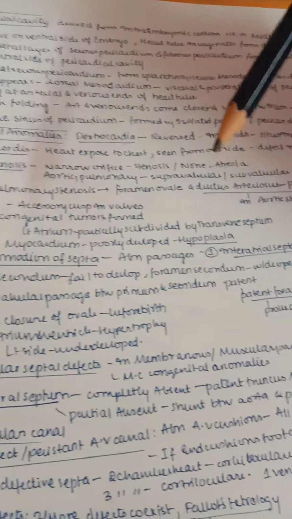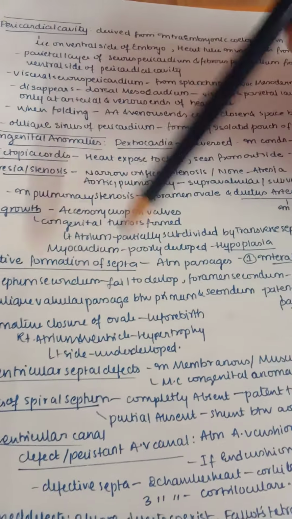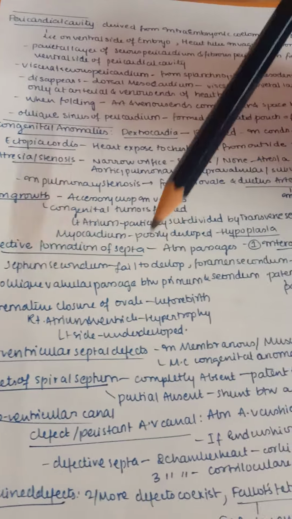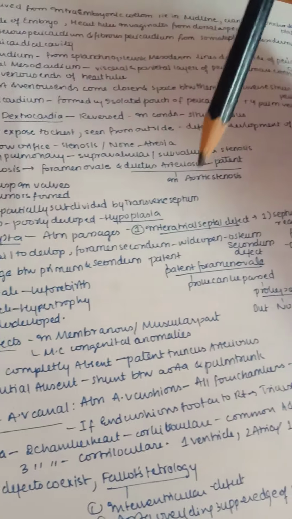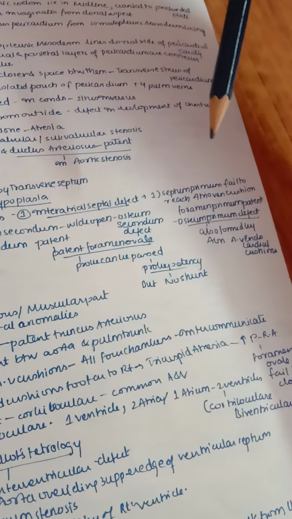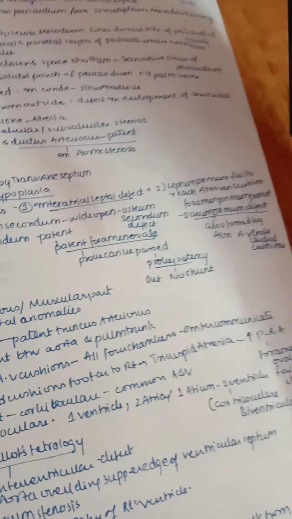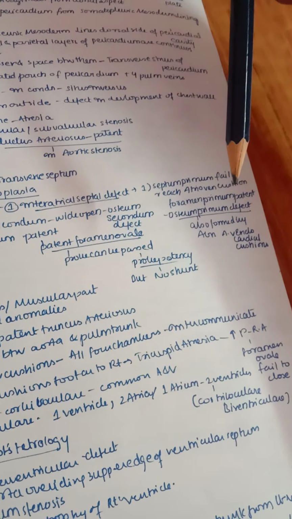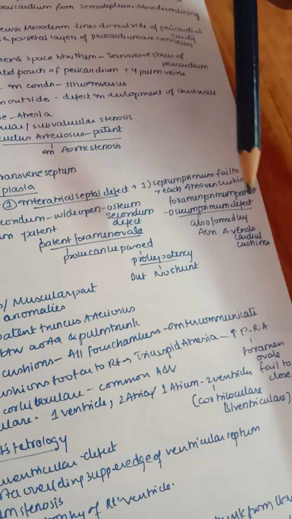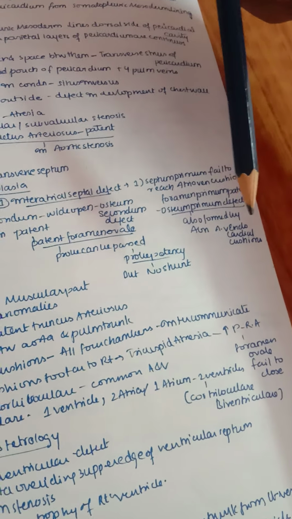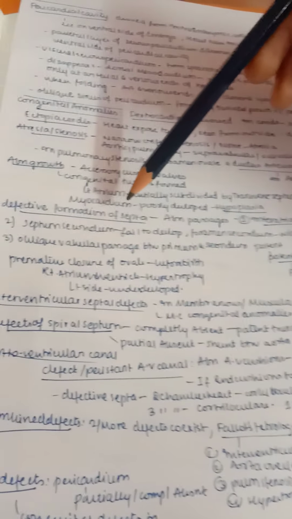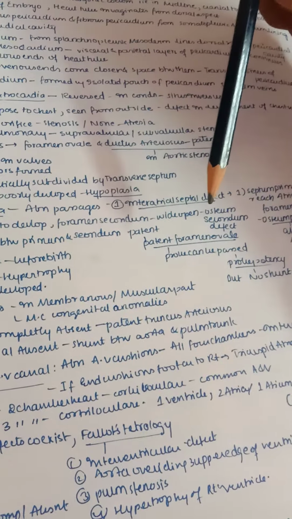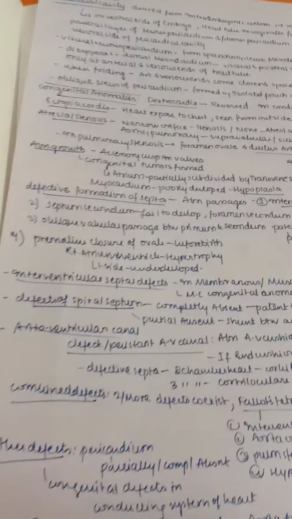Left atrium partially subdivided by the transverse septum. Myocardium is poorly developed, causing hypoplasia, and there may be defective formation of septa like abnormal passages. Interatrial septal defect, where the septum primum failed to reach the atrioventricular cushion, so the foramen primum is patent, or still the ostium primum defect, also formed by the abnormal AV endocardial cushions. And next one is septum secundum failed to develop, so the foramen secundum is wide open, and this is called as ostium secundum defect.